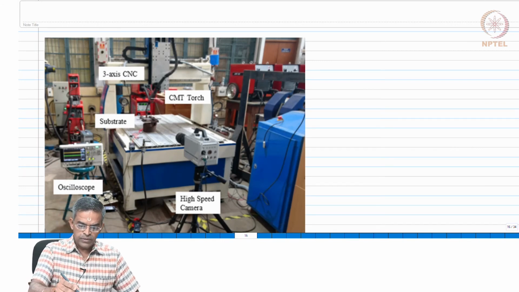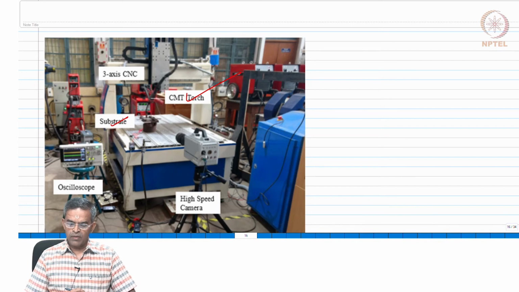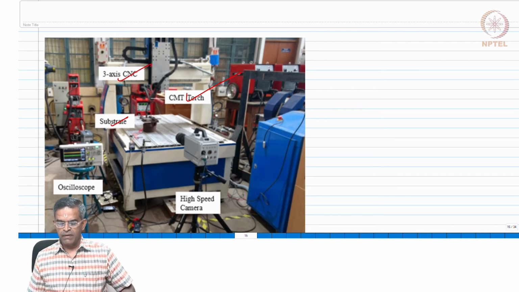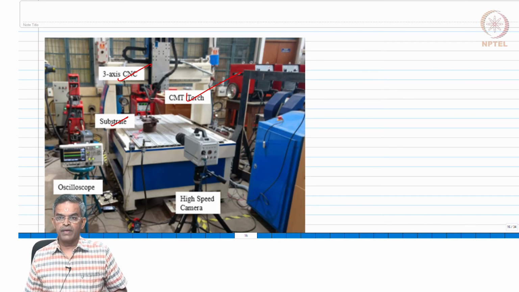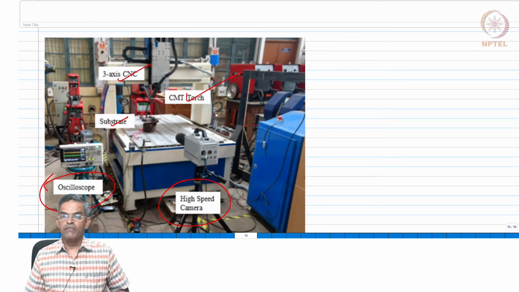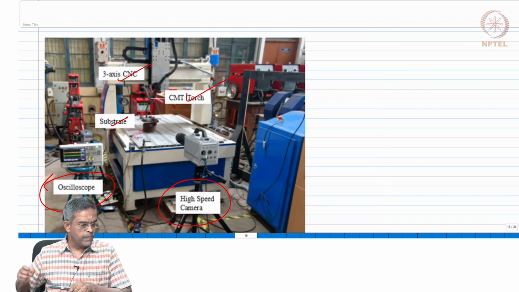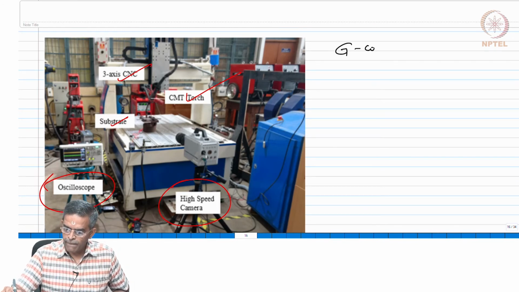So, you have the CMT torch, you have the substrate, and you have the 3-axis triaxial CNC machine, which is now going to be used to manufacture or fabricate this FGM. Of course, the whole process is also measured and monitored using an high speed camera and also an oscilloscope for varying the pressure and also measuring the response of the wire feed or the rate of wire feed with respect to the manufacturing process. Okay. So, G codes are used. G codes are programmed